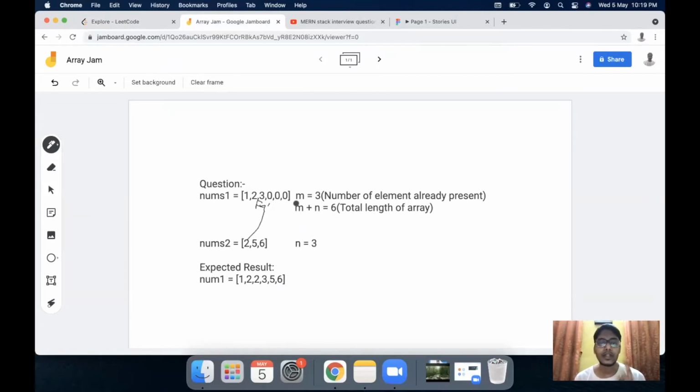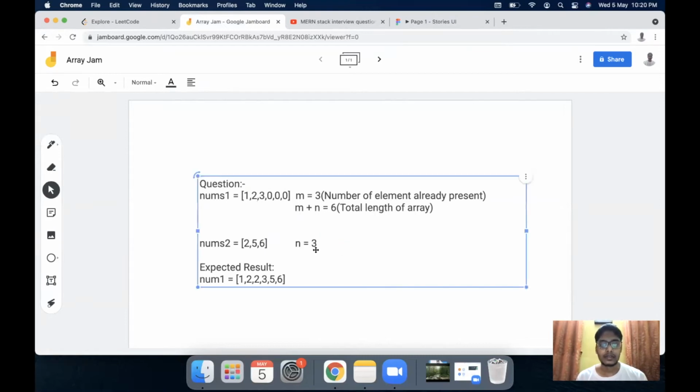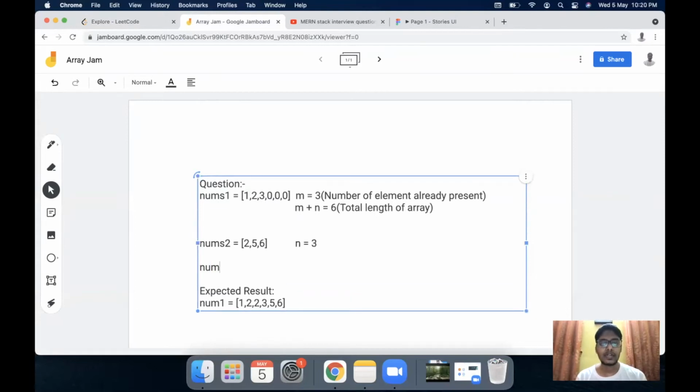That is one approach. The second approach which I am going to use today is that I am going to take all these three elements and push them directly in place of these three zeros. That is, my array after my first operation will be something like, let me just add the text box. In my case, in nums1, I'm going to create an intermediate array in which all these three values will be there as they are, and I'm going to push the rest of these three elements in place of zeros. Like this, I'm going to replace zeros with these elements, and then I'm going to run a sort function on